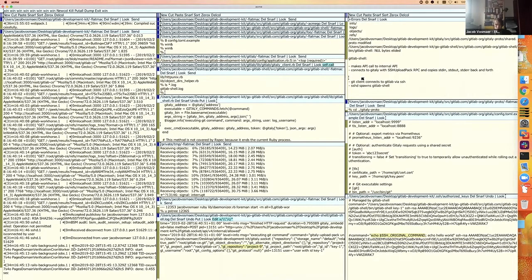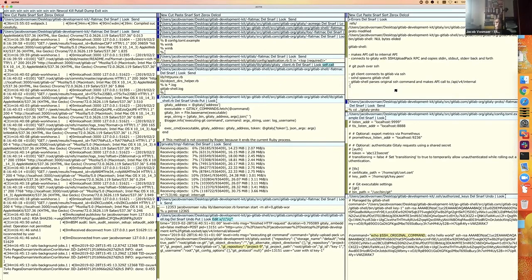So what happens during git push over SSH? Because that is the most interesting case. So the client connects to GitLab via SSH, the Git client. SSH responds gitlab-shell. GitLab-shell parses the original SSH command and makes an API call to /api/v4/internal, that namespace on the Rails application. And then that API responds with